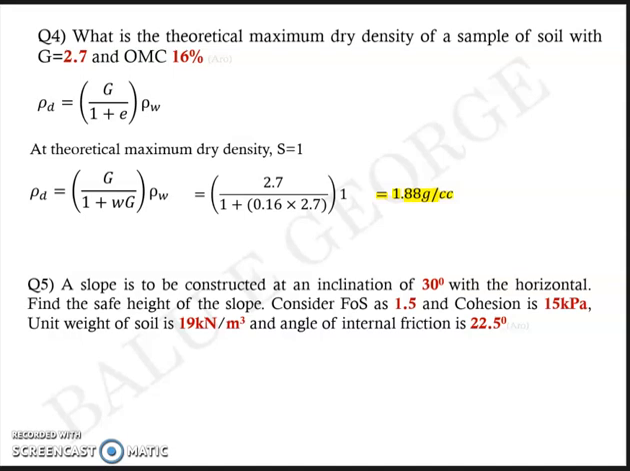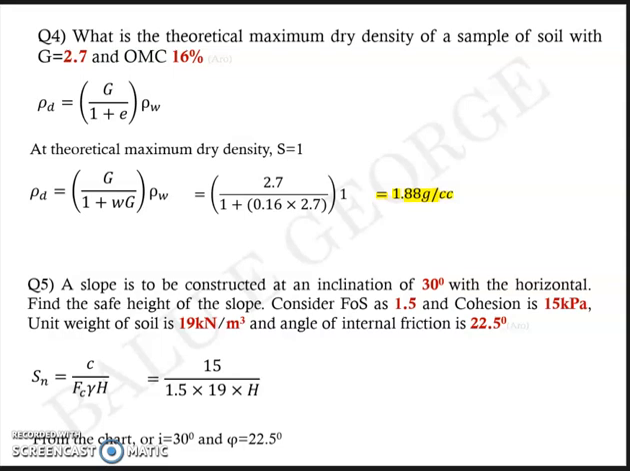Now we can solve this using Taylor's stability number Sn given by c by Fc gamma H. c is given as 15 kilopascal, factor of safety is given as 1.5, gamma is given as 19, and H is unknown. So we need to know the stability number Sn, for which we are given i is equal to 30 degree and phi, angle of friction, is equal to 22.5 degrees. So from the stability chart, based on i 30 degree and phi 22.5 degree,